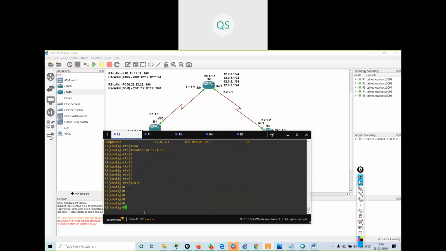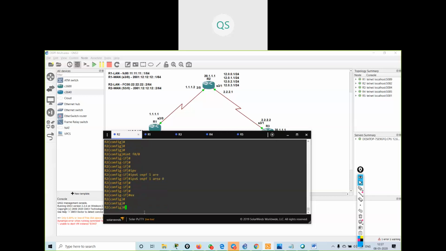Now what I told you, OSPF runs over a link, not a subnet. So the command over here is I have to go inside the interface. First I will go inside the LAN interface, FastEthernet 0/0, and I will say ipv6 ospf 1 area 0. This interface will run OSPF instance 1, and it will be in area 0.